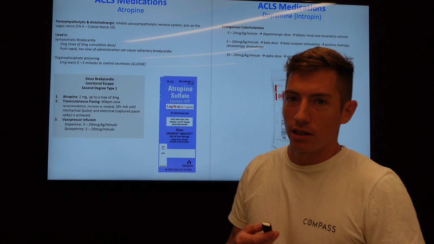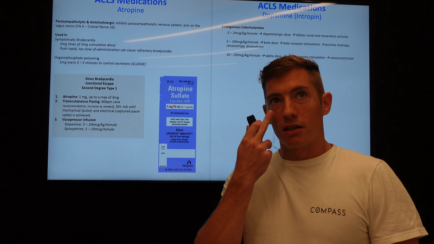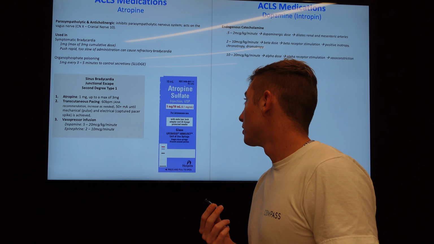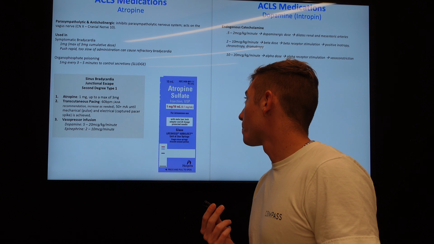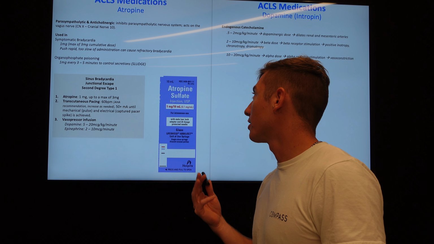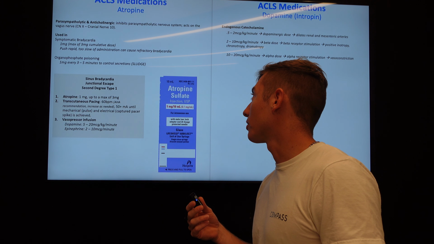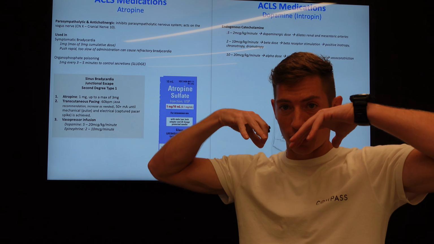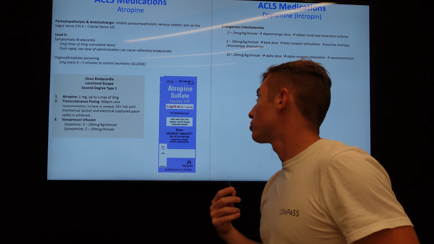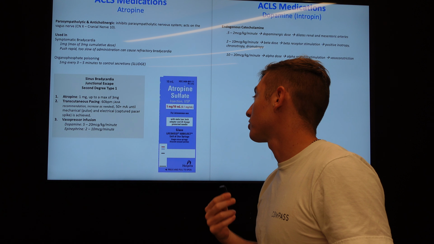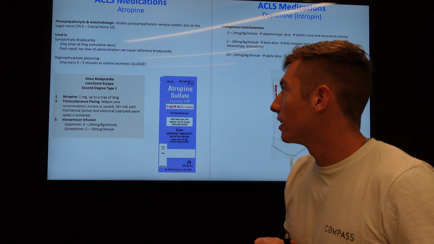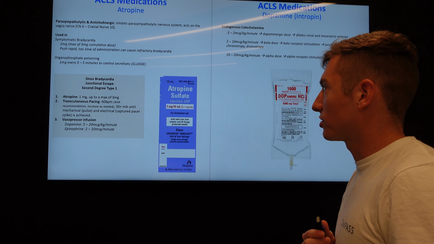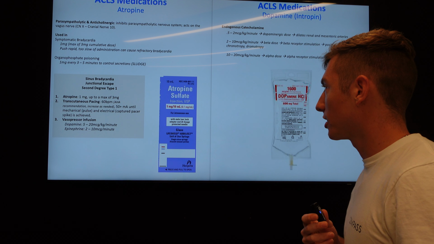So SLUDGE is salivation, lacrimation, What is U? Oh, urinary. D is, I don't know. If you're crapping, and emesis if you're throwing up. Everything that secretes fluids, your body is shoving all of the fluids out as much as it can. So salivation, lacrimation, I guess if you're sweating, diaphoresis, something like that. Sinus, and then gastrointestinal. Sinus bradycardia, junctional escape, second degree type 1: atropine 1 milligram, up to a max of 3,